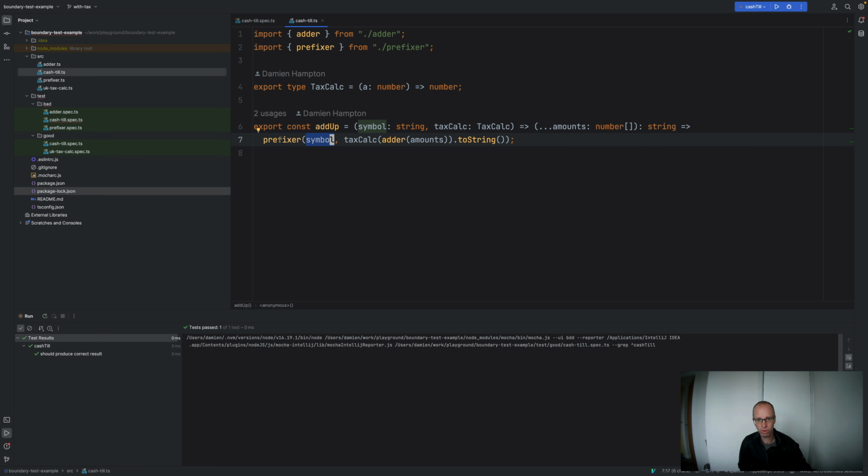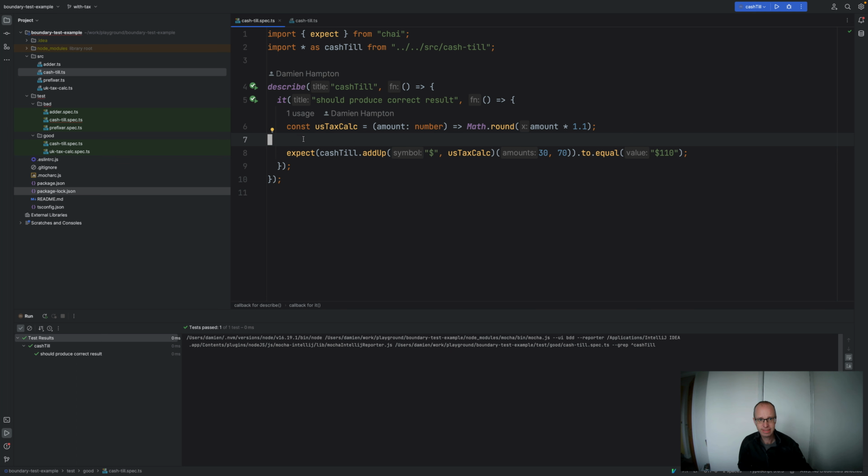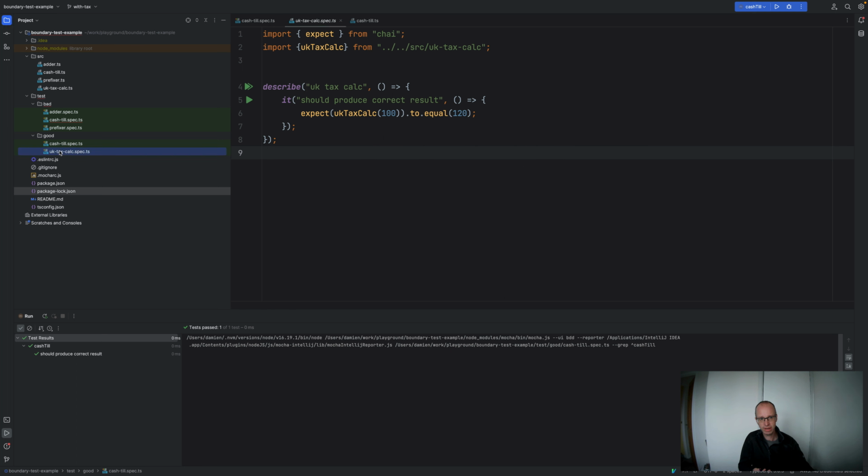It uses the symbol with the prefixer, and it wraps the adder with the tax calculation. So that's an example of where I think it is appropriate to have something that is separate. And then for that, I've just done a basic UK tax test